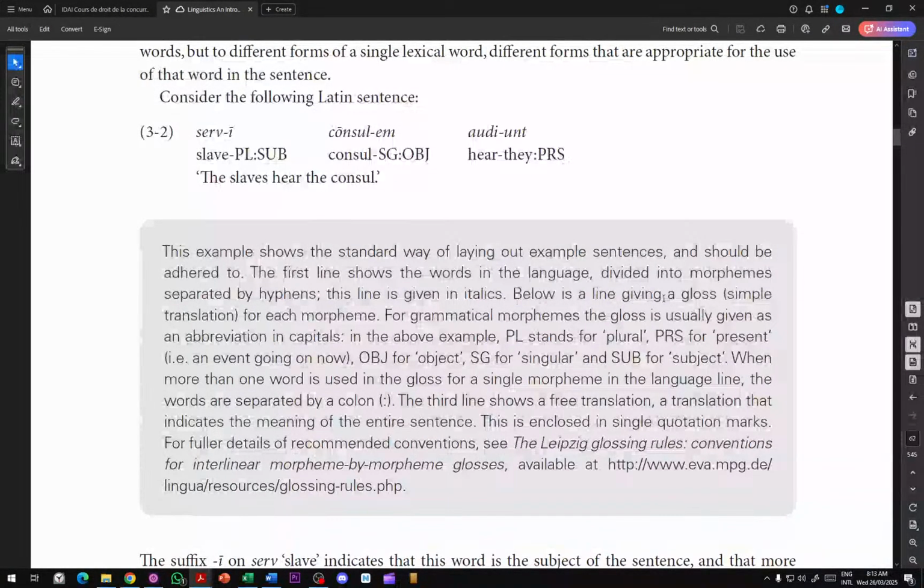Below is a line giving a gloss, a simple translation for each morpheme. For grammatical morphemes, the gloss is usually given as an abbreviation in capitals. In the above example, PL stands for plural, PRS for present, i.e. an event going on now,